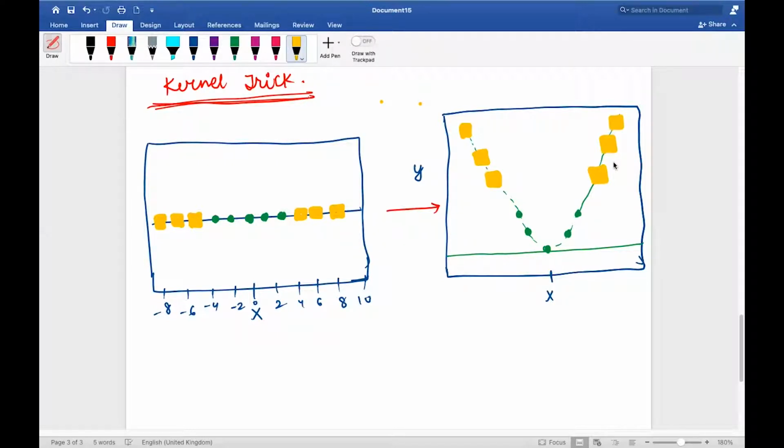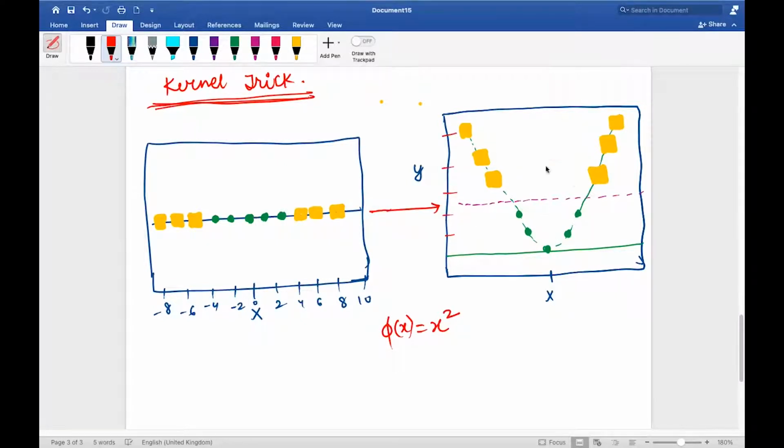Now is it separable? Yes, it is separable. If you draw a hyperplane here, one class is separated from the other. Yes. What is the transformation we did? If I had gone from 2D to 3D, we will see that also. But for now, I started with 1D and transformed it into 2D. I used the transformation phi of x equals x squared. So 0 is 0, -2 becomes 4, -3 becomes 9, like that.